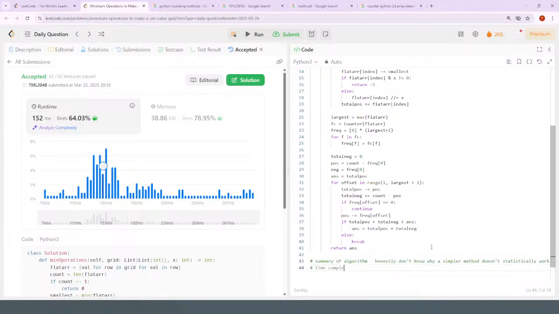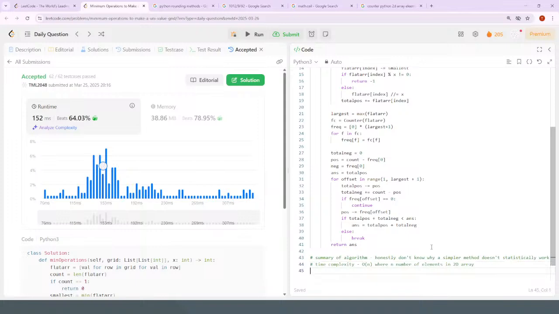Time complexity. This is going to be O of n, where n is the number of elements in the 2D array, but also